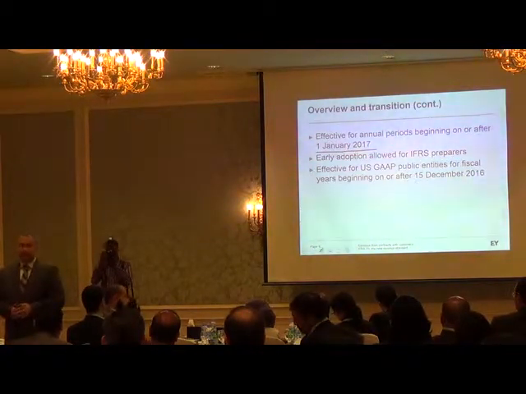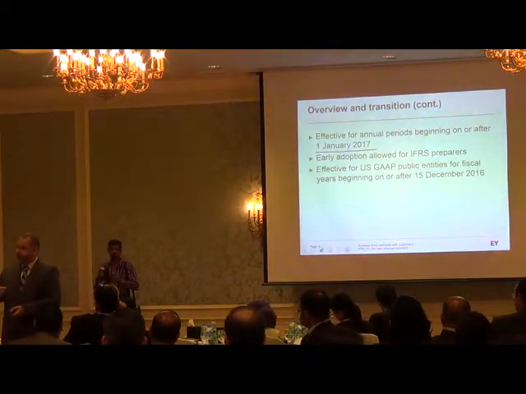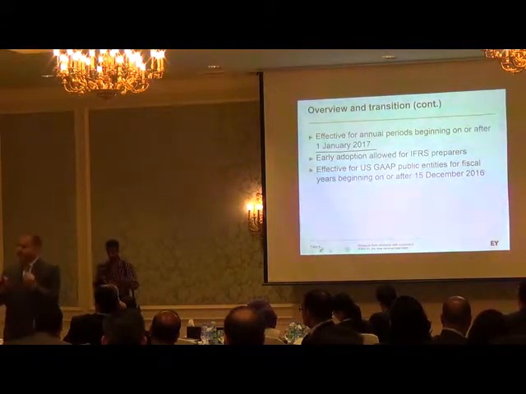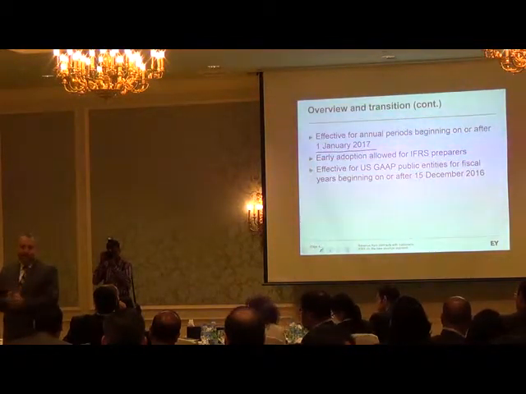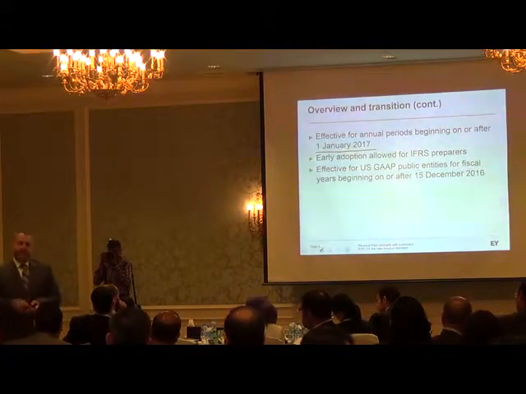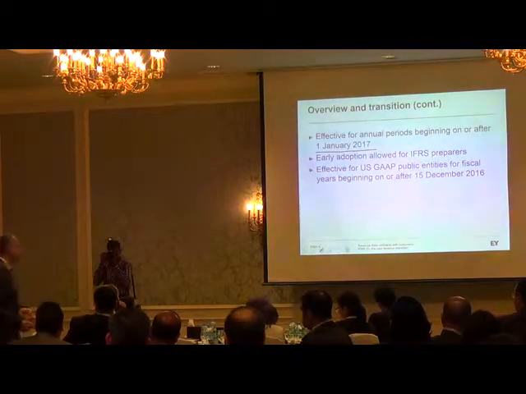You will see that the transition rules for these standards are really altered. They are not going to be easy. So probably you need to start working on this tomorrow in order to get ready. Mostly not because it's that complicated, but you need to go over all your contract types, and this is going to take you very long.